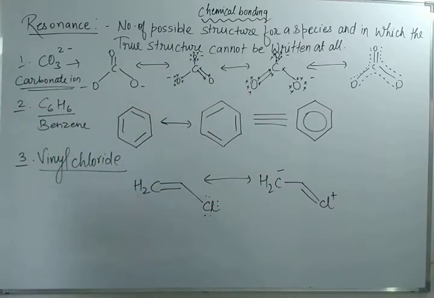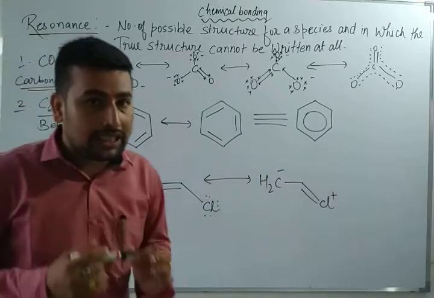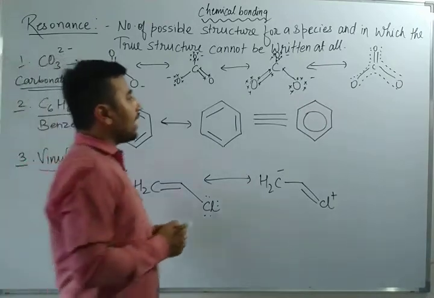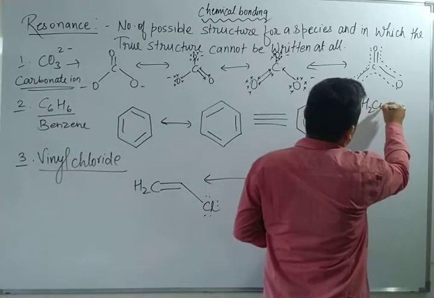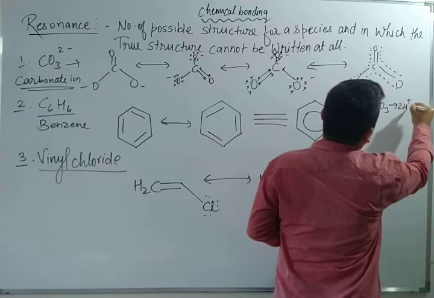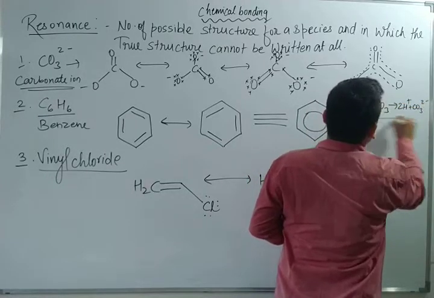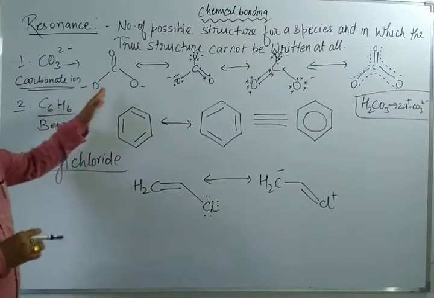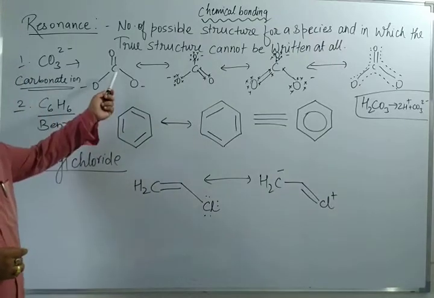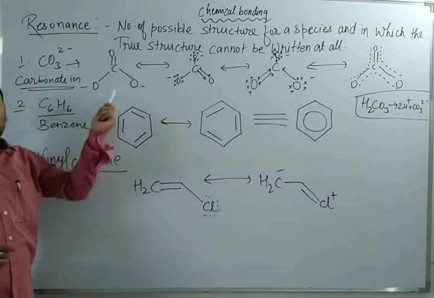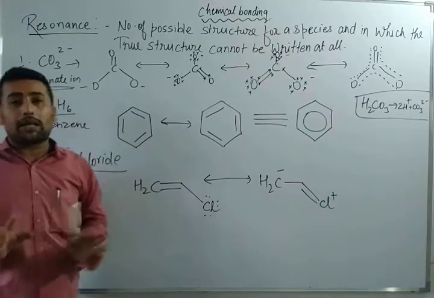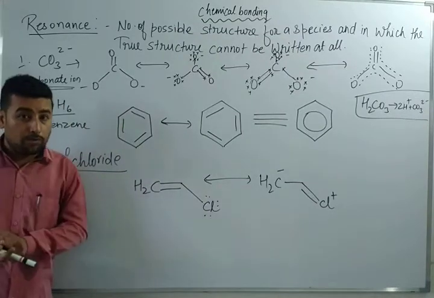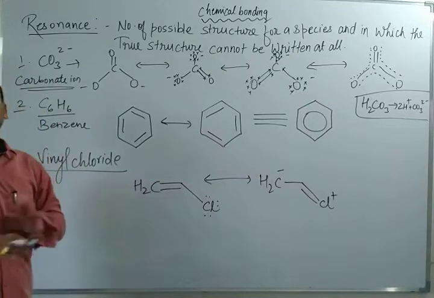I have drawn some compounds' resonating structures. First is the carbonate ion. You know the carbonate formula very well, CO3, and the ion is 2 minus. If anyone asks you where this carbonate ion has come from, it comes from carbonic acid. H2CO3 breaks down into 2H plus and CO3 2 minus. So carbonate ion has come from carbonic acid. You know very well this is the structure of carbonate. C is the central atom, the first oxygen has a double bond and the rest two oxygens have single bonds. Both of those oxygens have a -1 charge, so CO3 2 minus. If I draw it here and confirm that this is the fixed structure of carbonate, it's wrong.